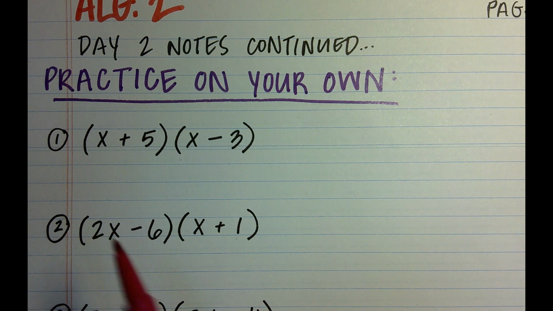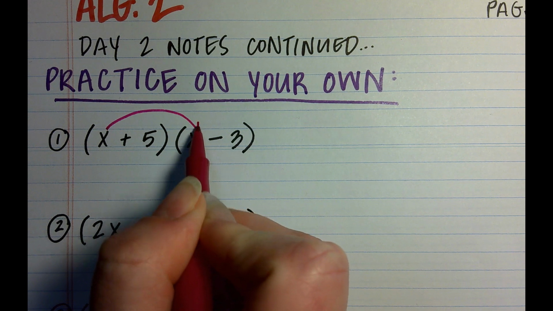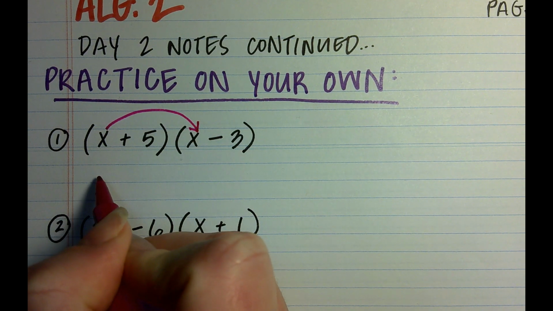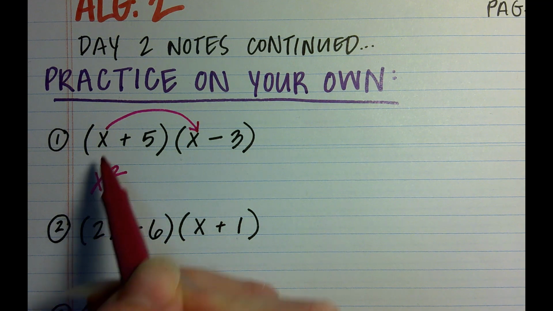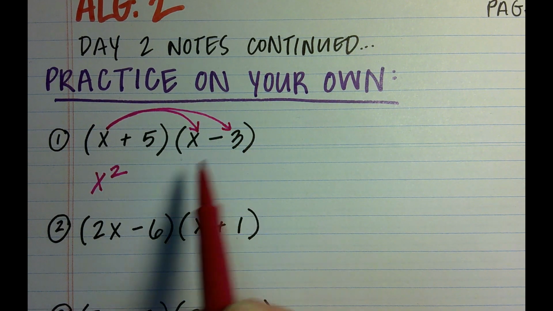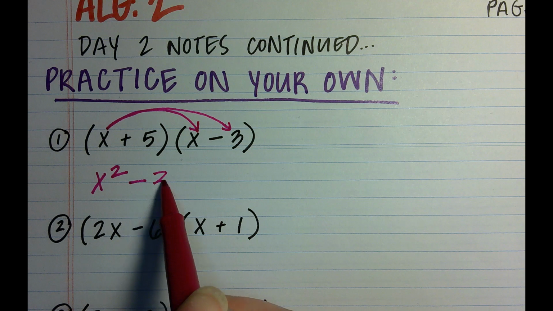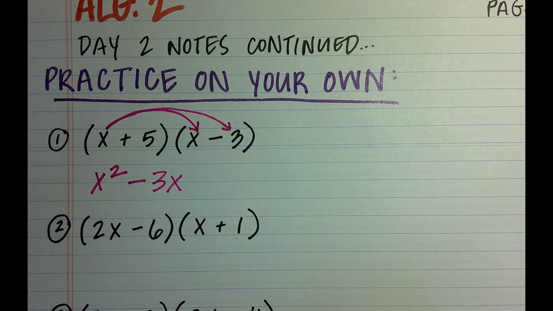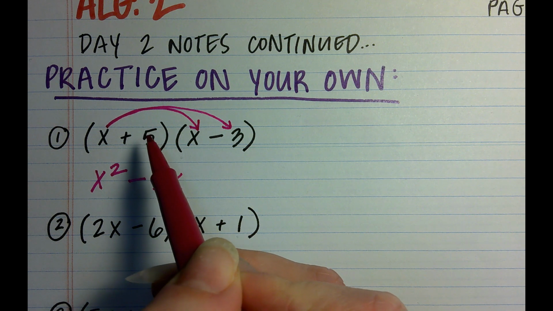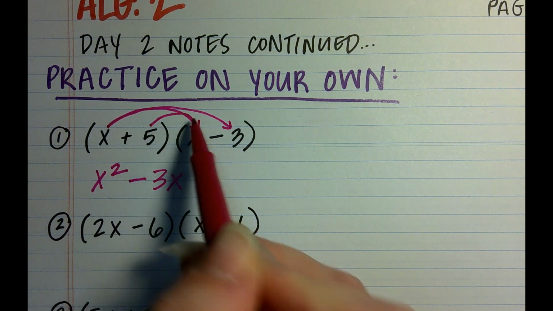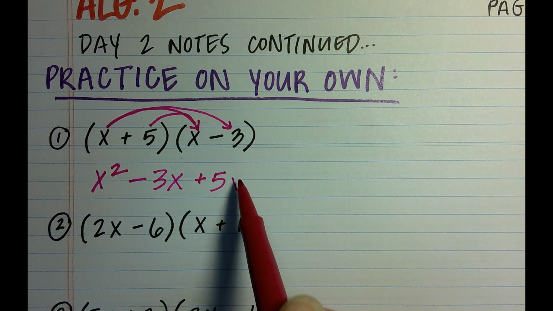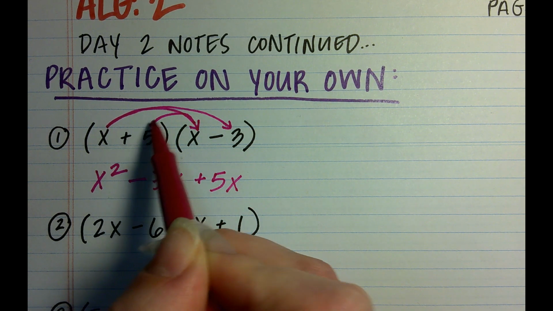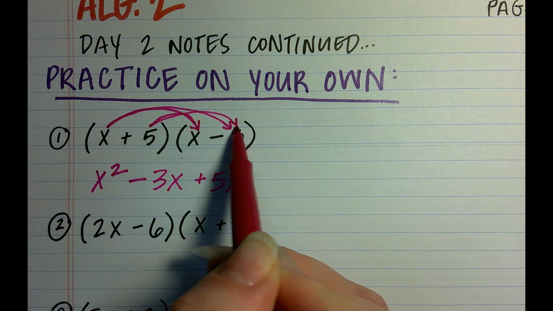X times X. Yes, thank you. X times X comes first. What's that give me? X squared. What's the next step? X times -3. Yes, X times -3, which is? -3x. Good, -3x. What's next? 5 times x. Yes, 5 times x, which is? 5x. And last but not least? 5 times negative. Good. 5 times -3 is